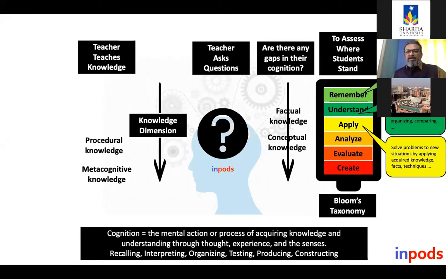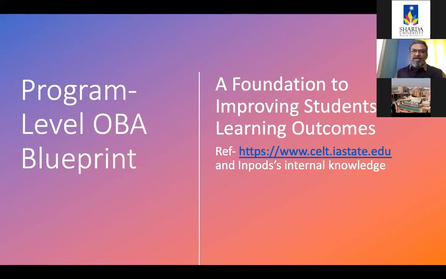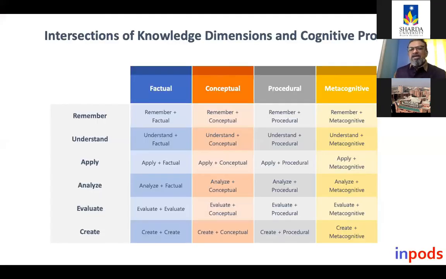And that is why outcomes-based assessment depends a lot on how well the program is designed. And so if you think about the program level blueprint of assessment, right? Here, I'm using this matrix. These are the 4 knowledge dimensions, and there are the 6 steps of cognitive process. So if I look at the combinations here, right? There are 24 combinations here,